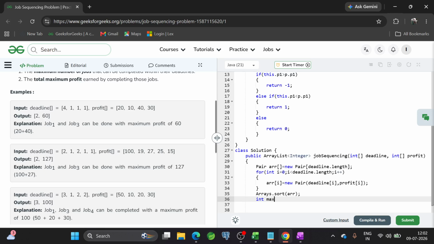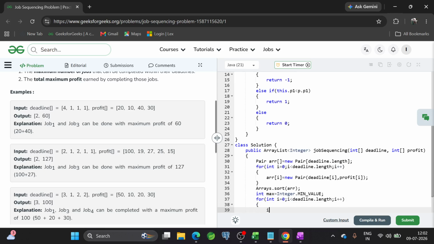So first I will set max to Integer.MIN_VALUE. Then I will iterate over the deadline array, for int i equal to 0, i less than deadline.length, then i plus plus.